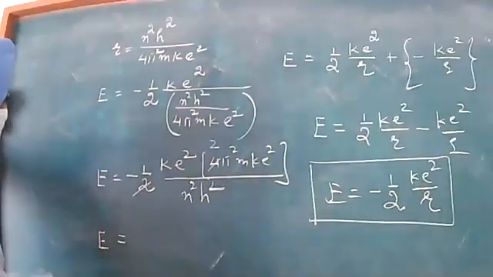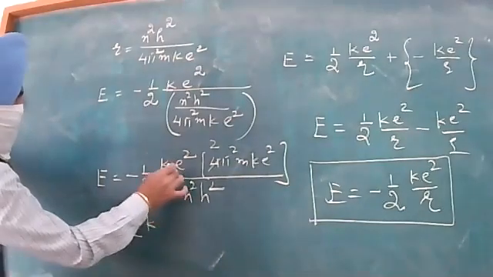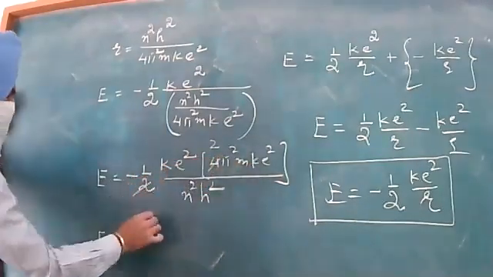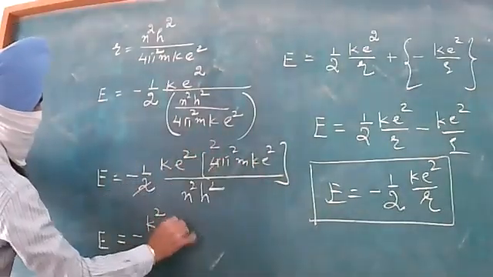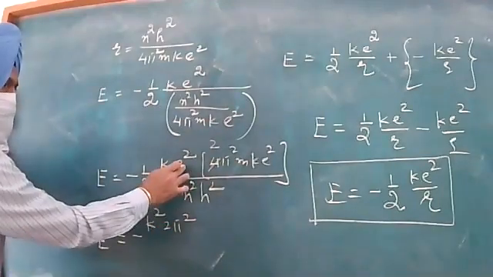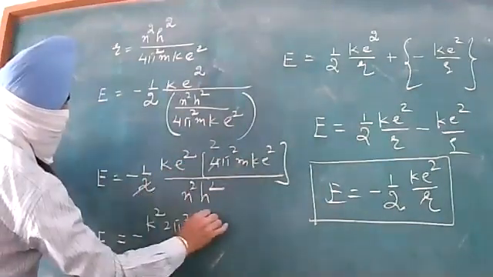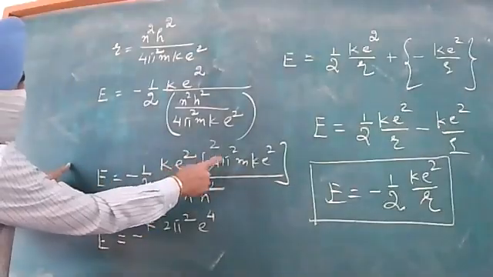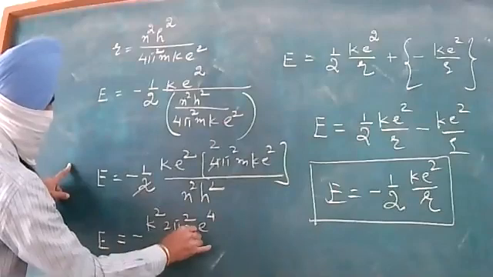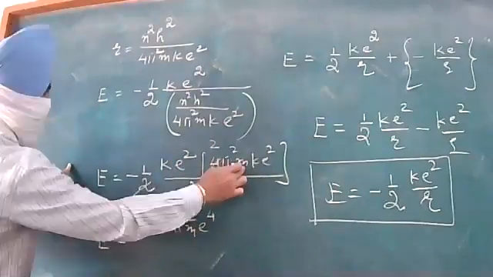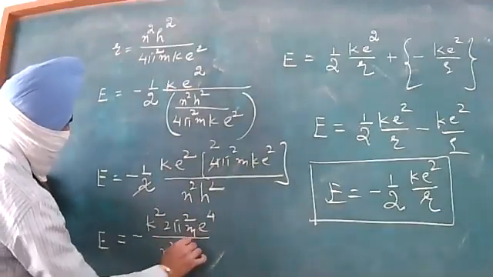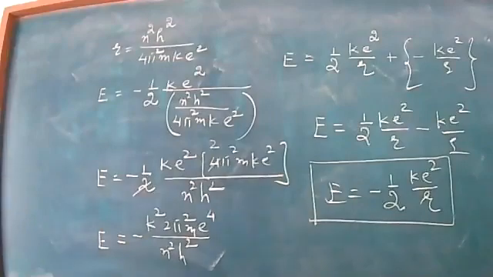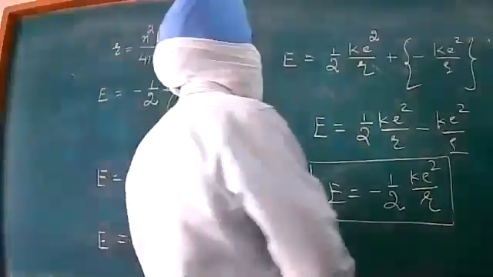E is minus k, k into k beta, k square will result. This is k, this is another k. This is 2 pi square, e to the power 4, and again 2 pi square m is left beta. So 2 pi square m k square e to the power 4 divided by n square and h square beta. See, no term has been missed beta. Is it all clear and justified beta?